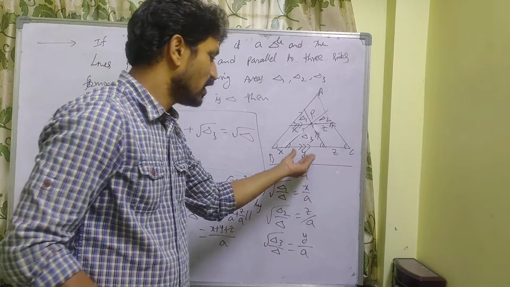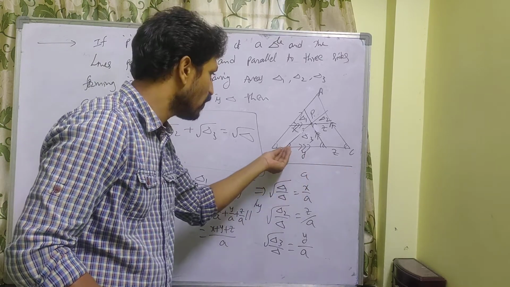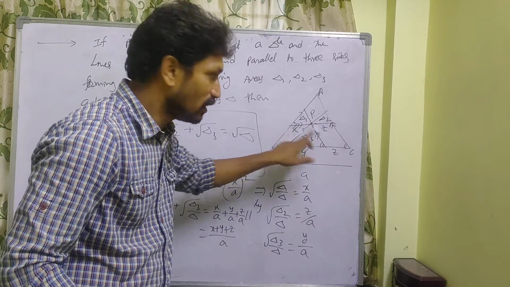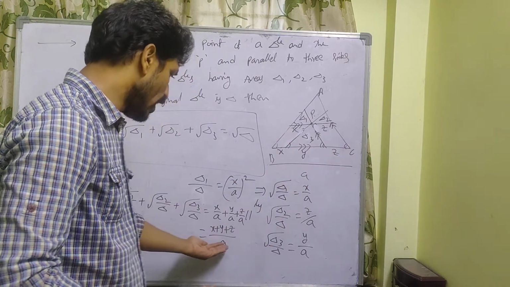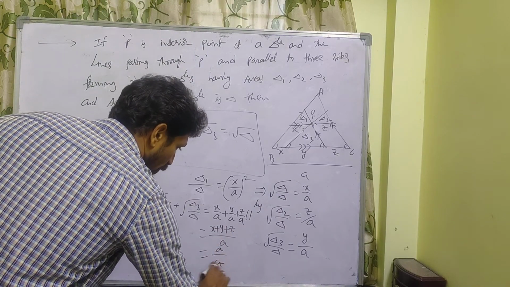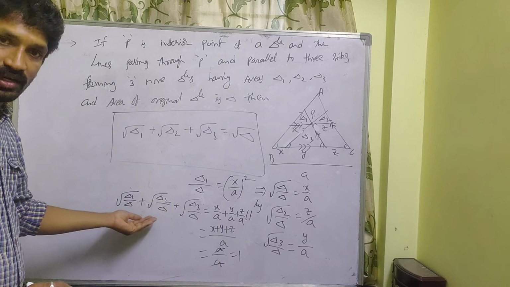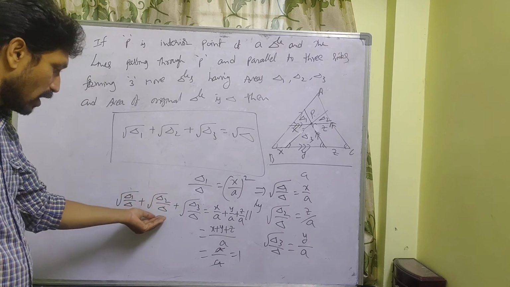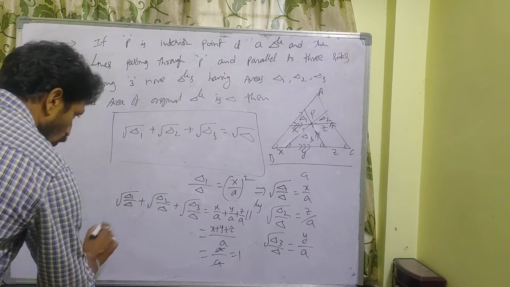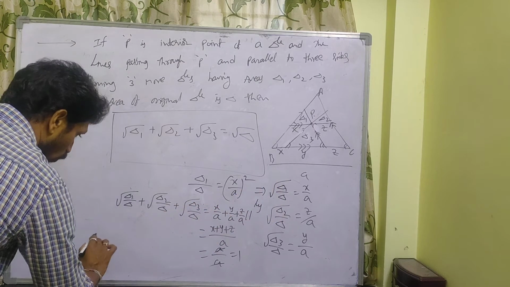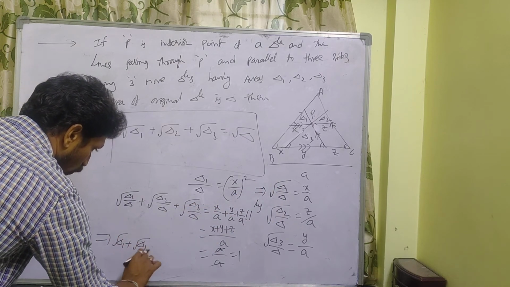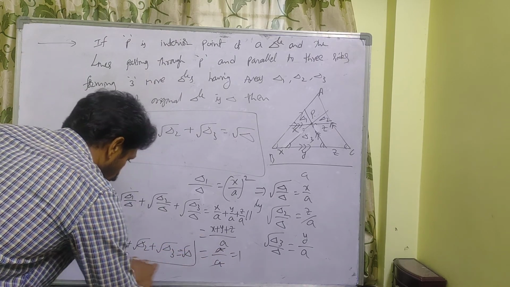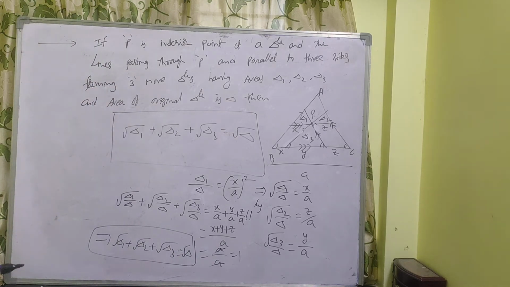What is X plus Y plus Z? It is A. Actually I considered this length is A and divided into three parts, X, Y, Z. Because these two are parallelograms, you are getting the same length X, and here you are getting the same length Z. So again you add these, X plus Y plus Z is nothing but A. A by A is equal to 1. So in the entire equation the denominator has root delta: root delta 1 by root delta, root delta 2 by root delta, root delta 3 by root delta. So take the root delta LCM and transpose to that side. What you have, root delta 1 plus root delta 2 plus root delta 3 is equal to root delta into 1. That is nothing but root delta. This is a very important theorem.